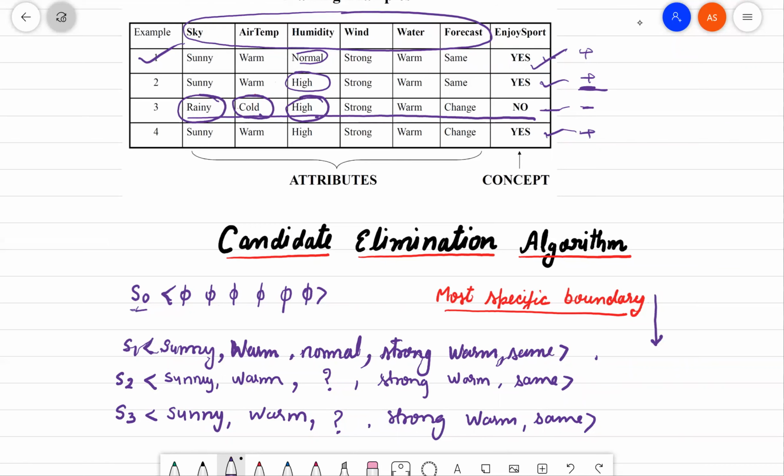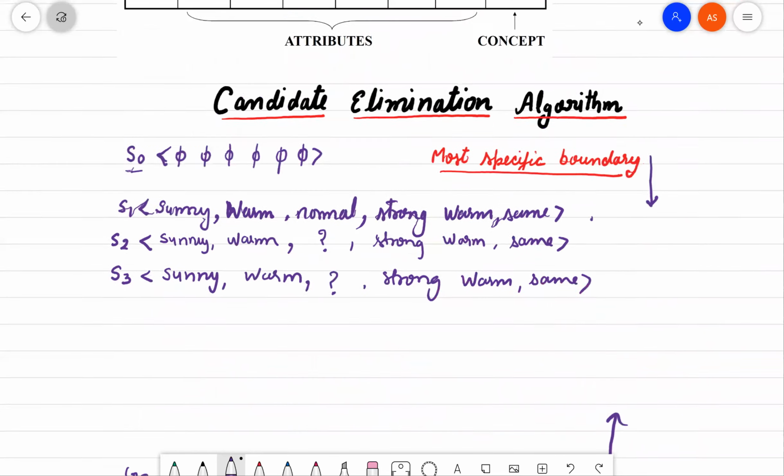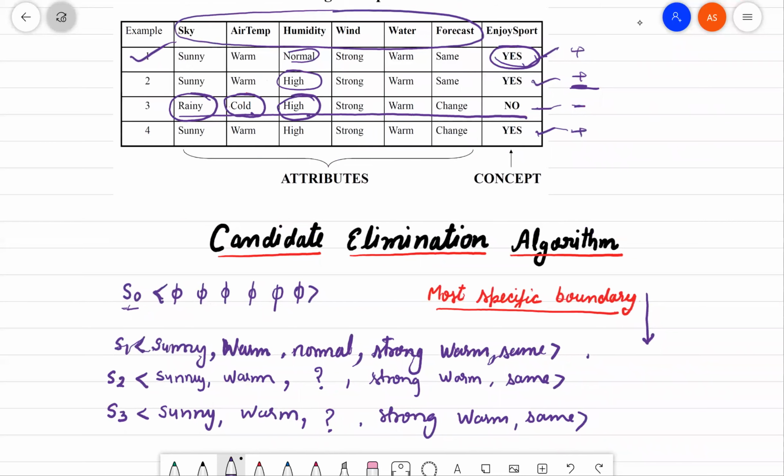Okay, but in this first instance, normal is also generating this positive concept. So normal is generating the negative and normal is also generating the positive, which is a contradiction. So we will not take this attribute in this hypothesis. Next, strong. No opposite of strong is present in this attribute, wind, so we will also not take this attribute to generate the next set of hypotheses.